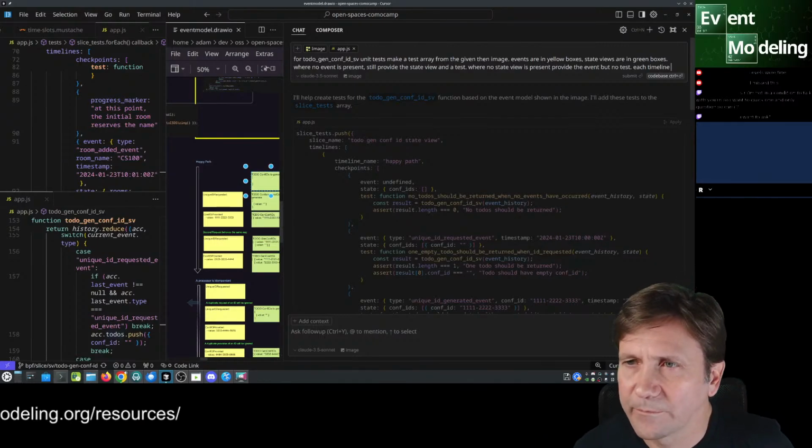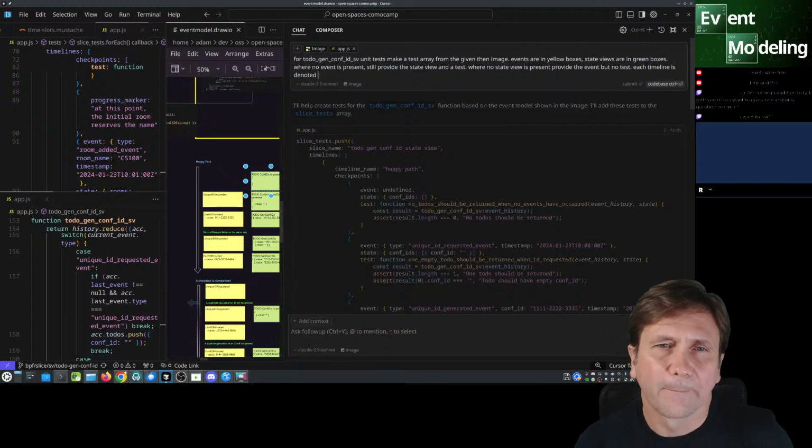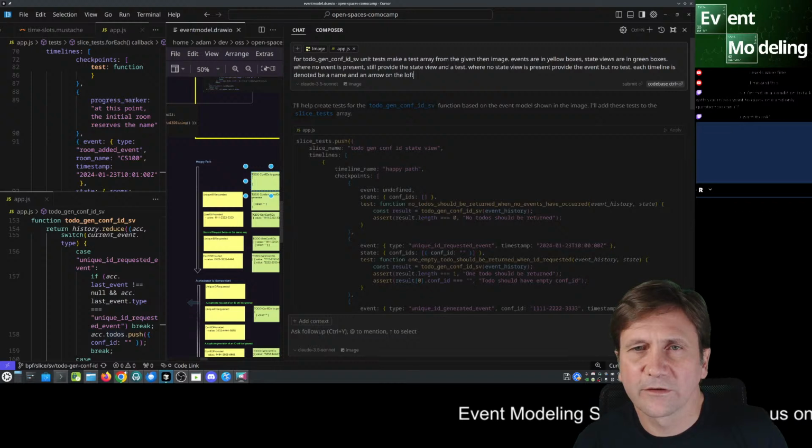Each timeline is denoted by a name and an arrow on the left.